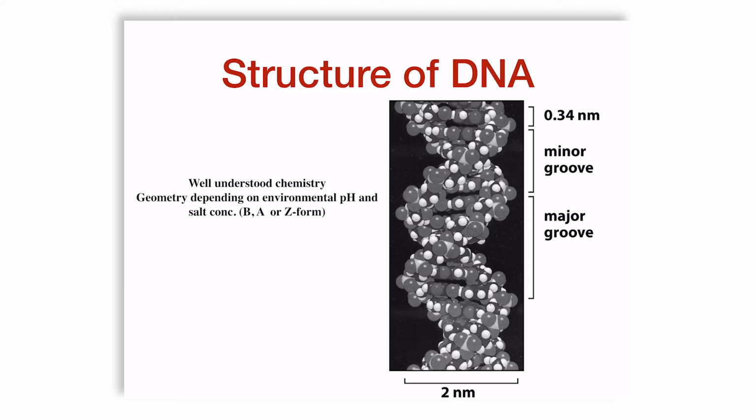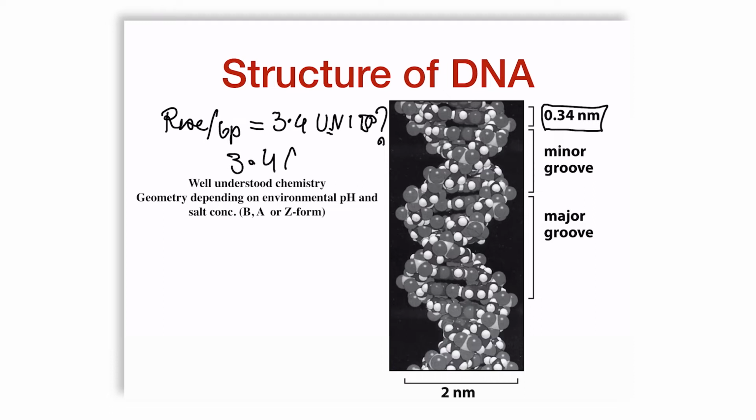So we move to another important biomolecule. We had talked about the size of lipids. Now we will talk about the size of DNA. And please remember that I keep insisting on nanometers because most biologists study the rise per base pair as 3.4, and then they don't remember the units. Since this is 0.34 nanometers, it should tell you that 3.4 refers to angstroms.